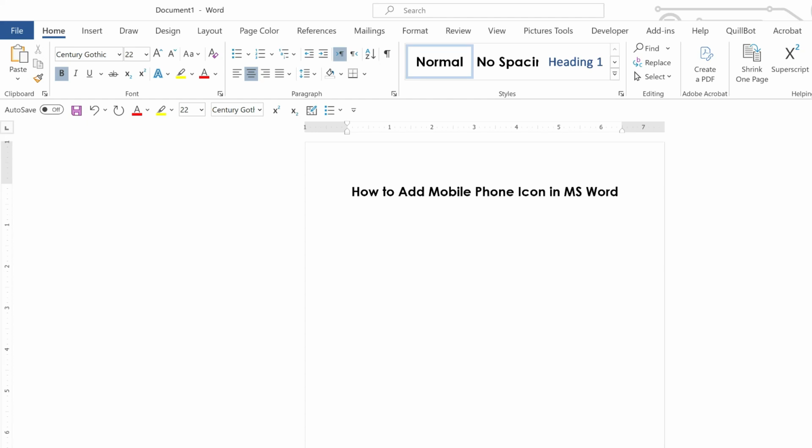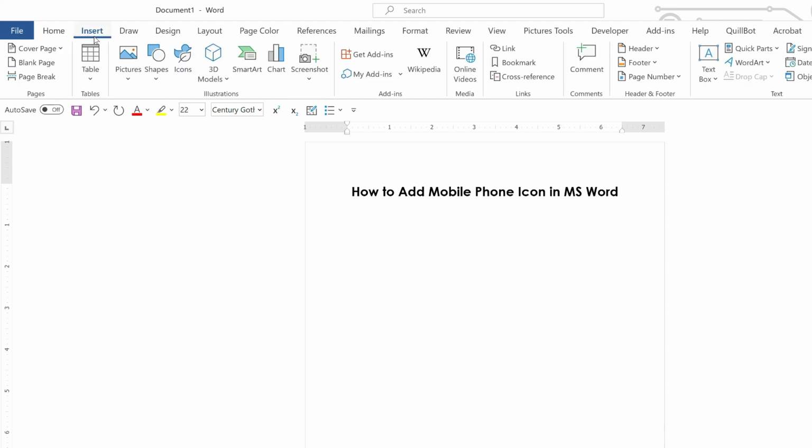Hello everyone, in this video I will show you how to add a mobile phone icon in MS Word. This is very simple and very easy. Let's get started. First you need to click on Insert on the upper menu bar and then click on